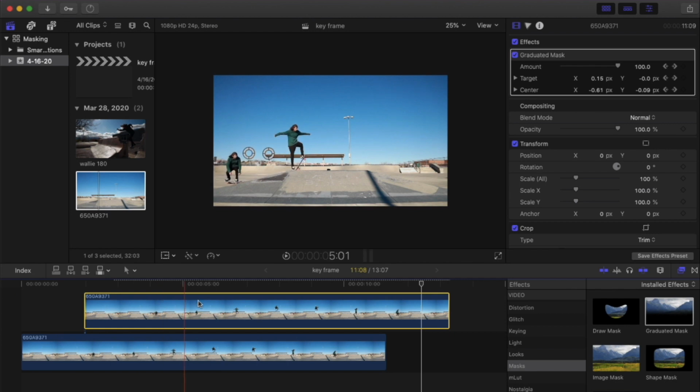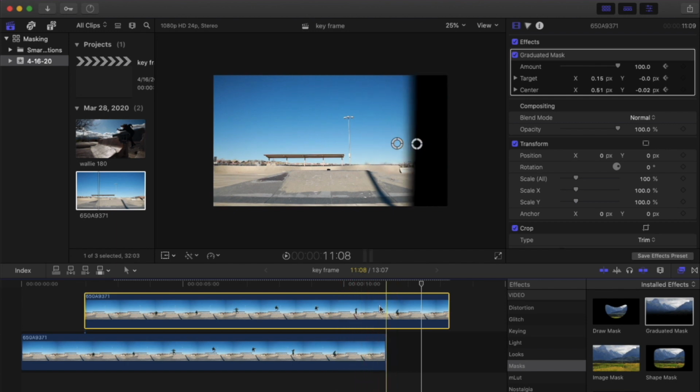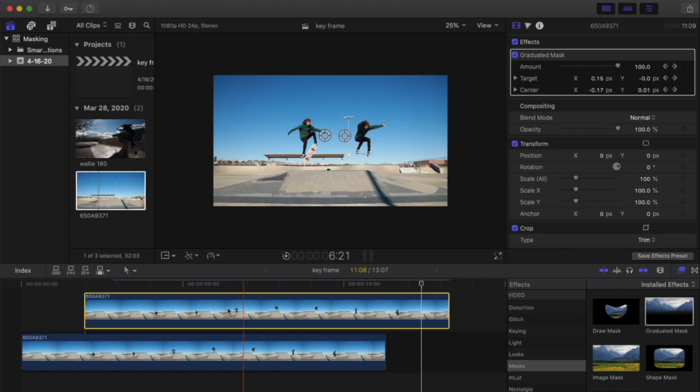So we have three keyframes set so far. You can watch how that keyframe really works in action whenever you scroll over the clip. See how the keyframing is dynamically changing? It moves with where I set those points. So the last part of this is just getting them to go on and off the screen at the appropriate time. If we back this up to the beginning of the clip, set new keyframes,